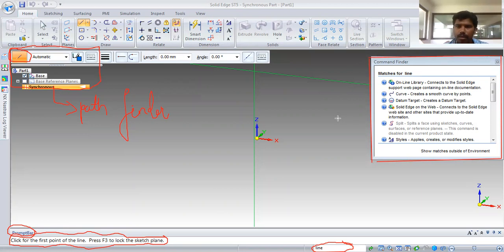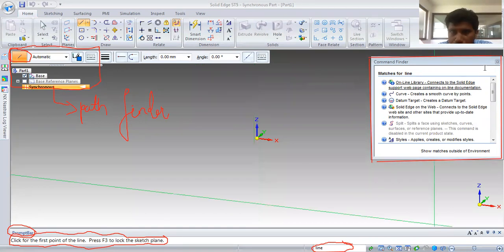So this will be like this, and you will see all these things. The command finder is where you are going to see the commands. Hope you understood this one, and next we'll go to the next one.